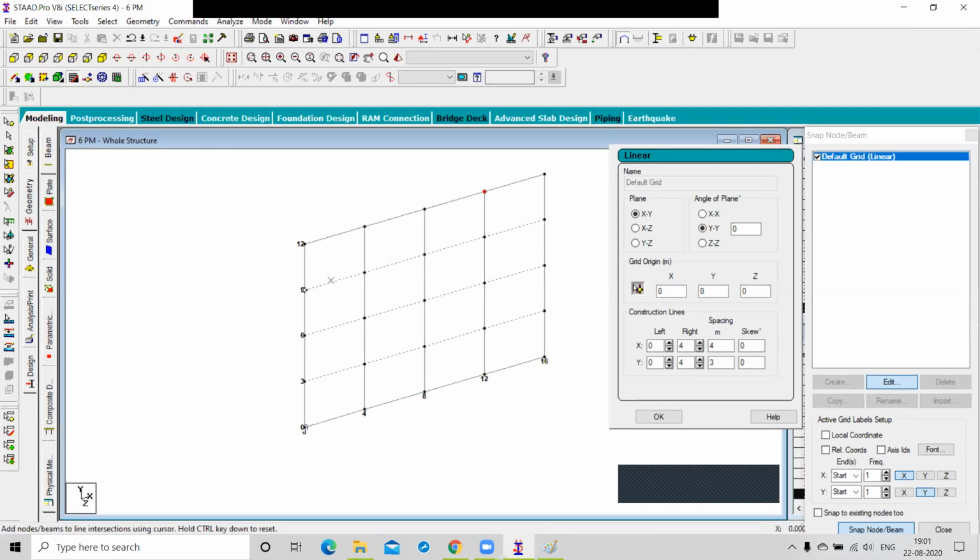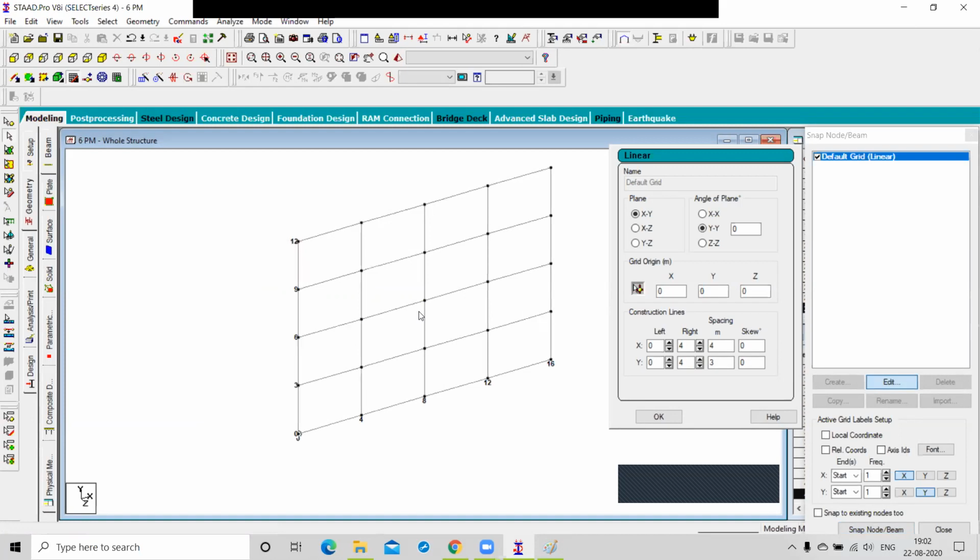So your figure is drawn. Yes or no? How easily we can draw this figure with the help of the snap grid method, right?